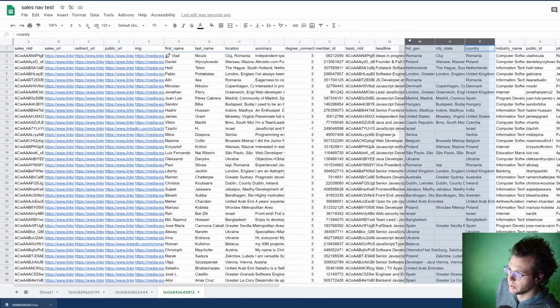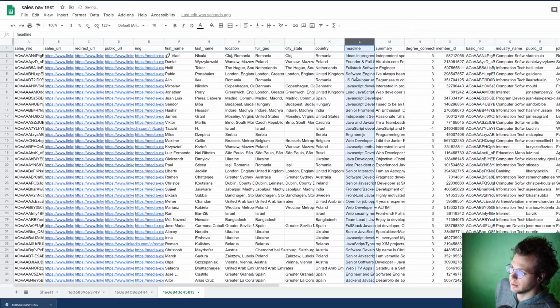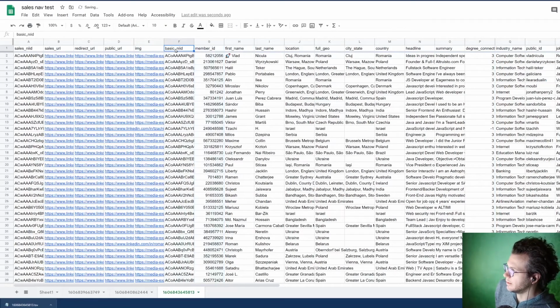So this is information we got when we enriched with the public URL, right? Summary, headline we retrieved from this was not included in the search results, so we retrieved that when we pulled the public URL,